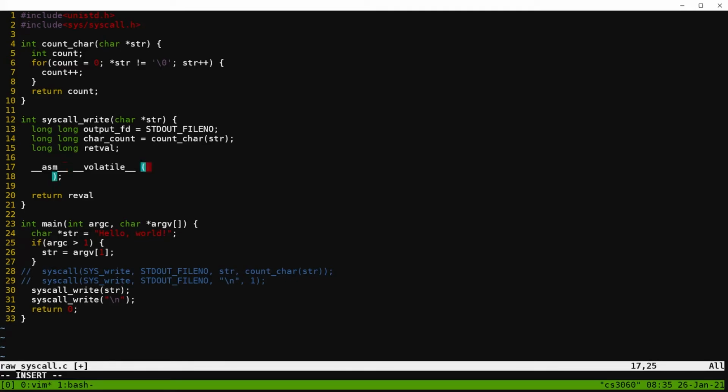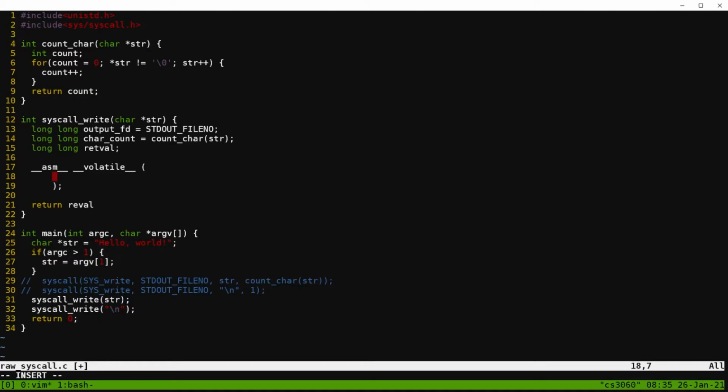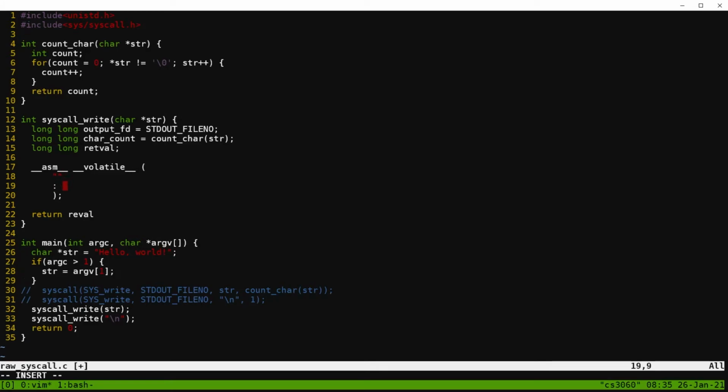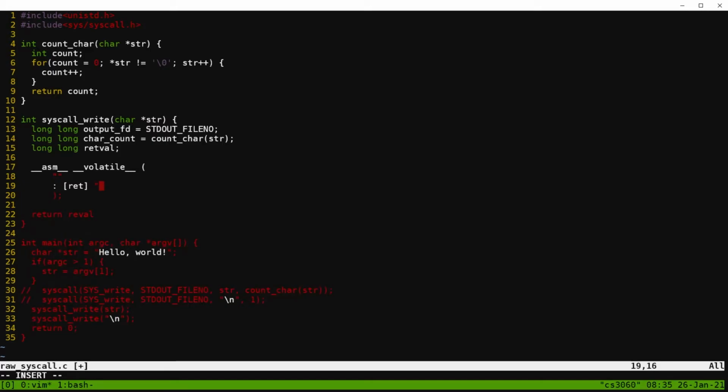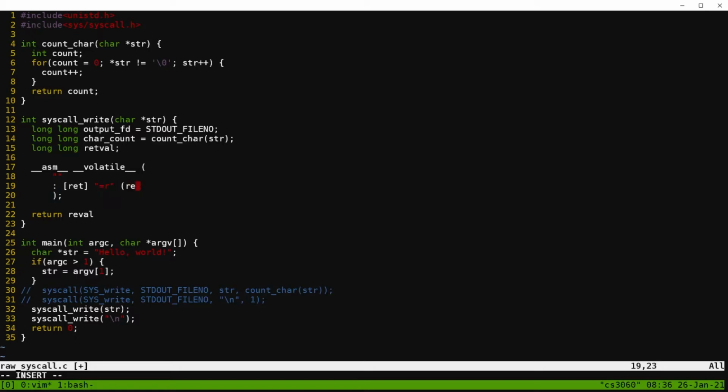So the assembly has two sections. It has the actual code. All right, we'll put that in there. It has the input, or I mean the output. Starts with the output, and so we're going to call this ret. It's going to be a written register, and it's going to contain retval. All right, so that's the